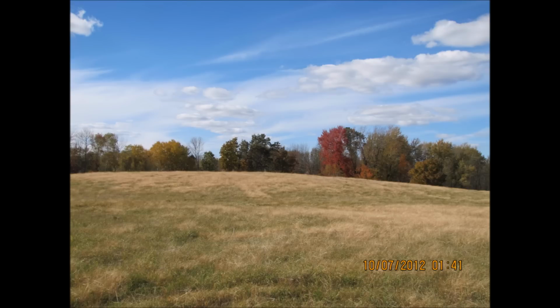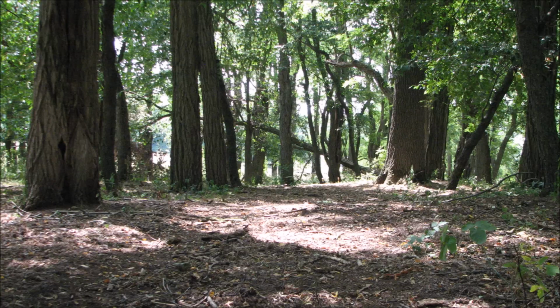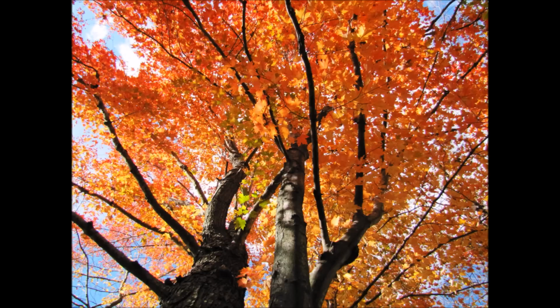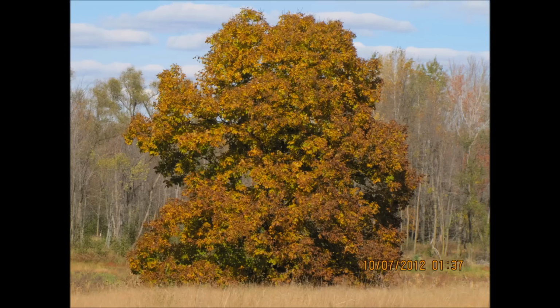And just another picture of the field before I got to it. Started doing some tractor work, and the woods were actually quite nice. There was some nice lowland woods there with some nice maples, some nice hickories, some oak spread in there. So it was a nice mix on the land. It was about half wooded and half high ground, to where we had some options on what we could do